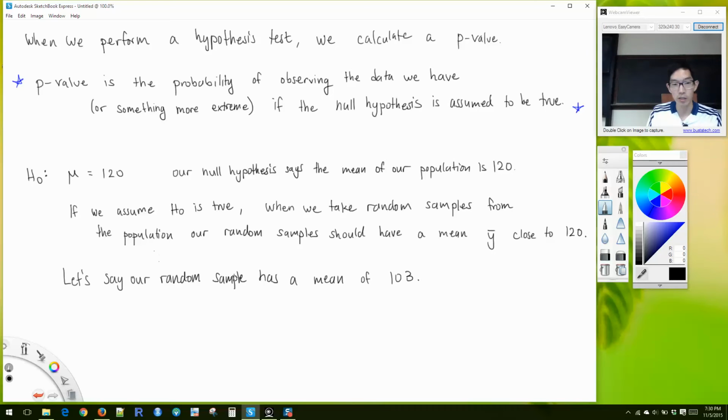So we say, let's say our random sample has a mean of 103. So our p-value is basically, what is the probability that a random sample taken from a population with a mean of 120 ends up having a sample mean of 103 or less, or 137 or more. I'll write this out. Okay. P-value is equal to the probability that a random sample